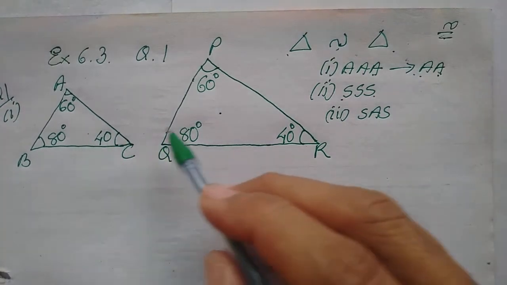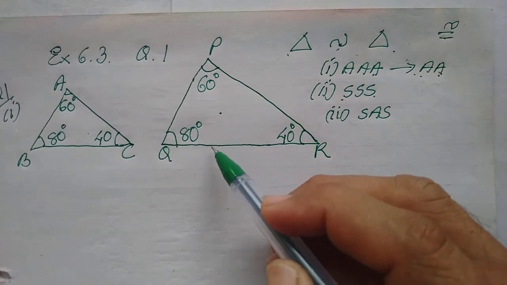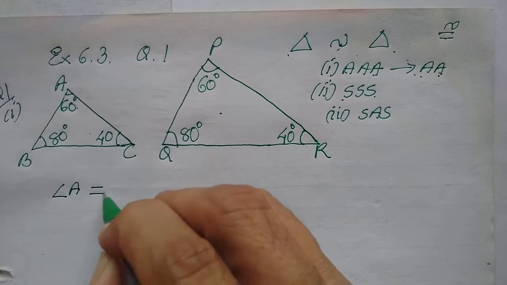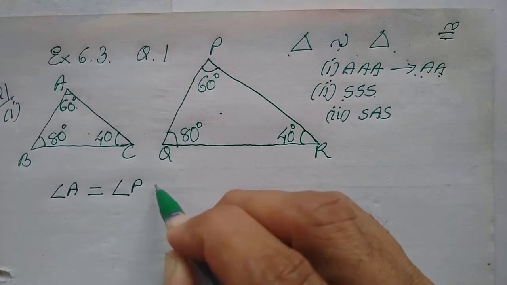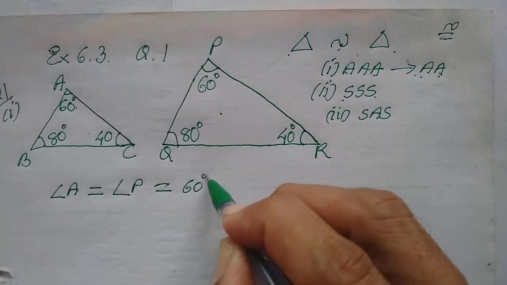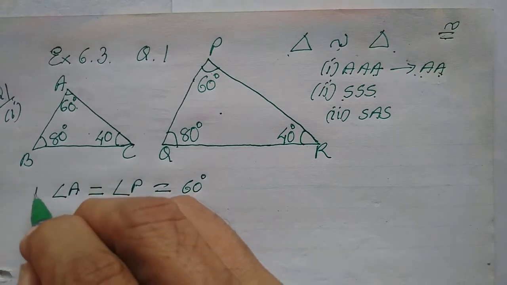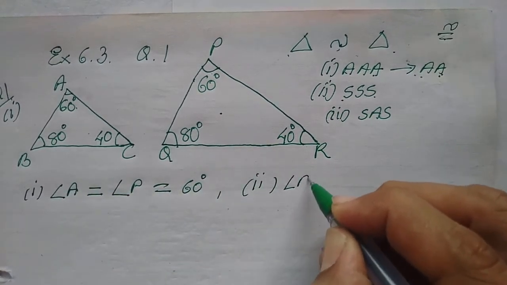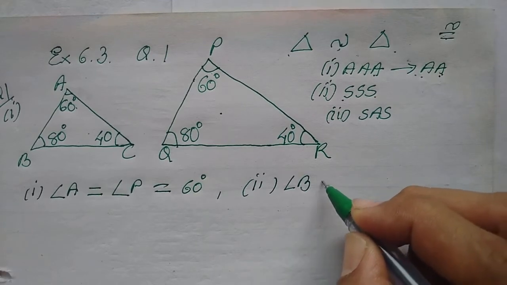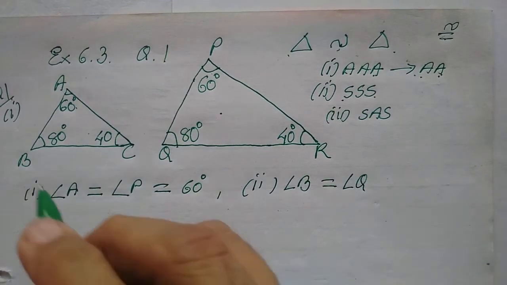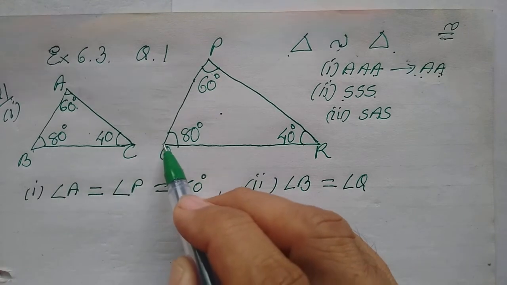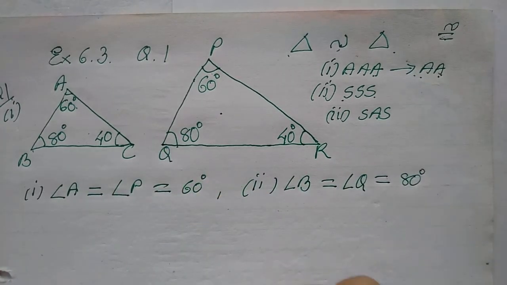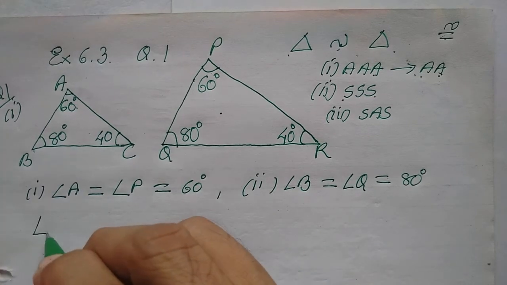So let us see these two figures. Here you can see that angle A is equal to angle P. The reason is both are 60 degrees. That is the first one. Second one, children, let us see angle B. The corresponding angle is what? It is Q. This B, corresponding angle means this angle. So it is Q, so 80 degrees. And for angle C,